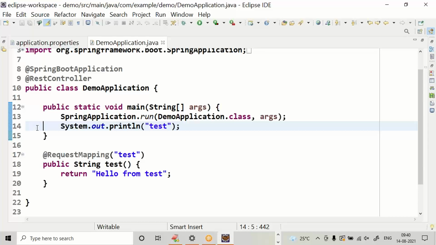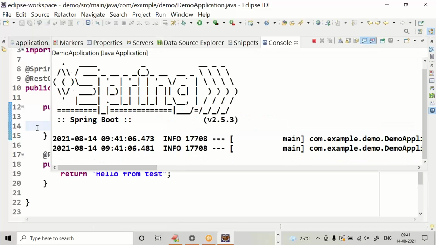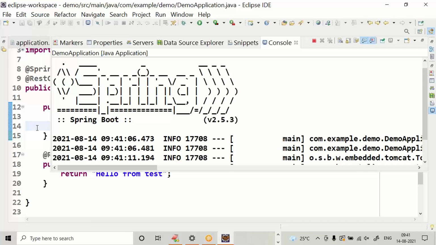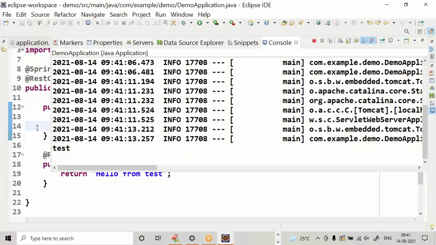Now you can start with Control F11. Application started. You got the SOP message as well.